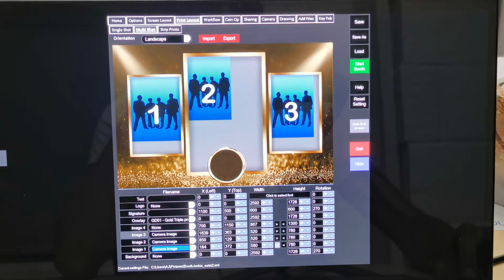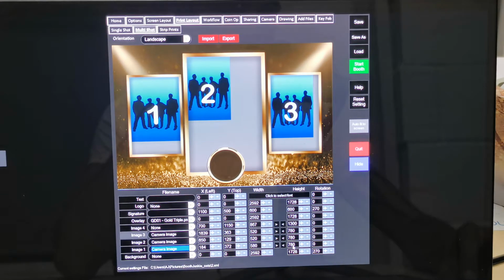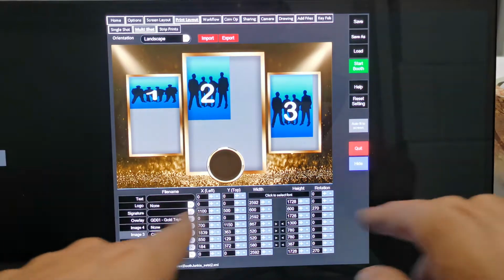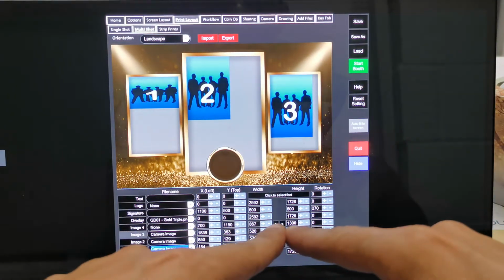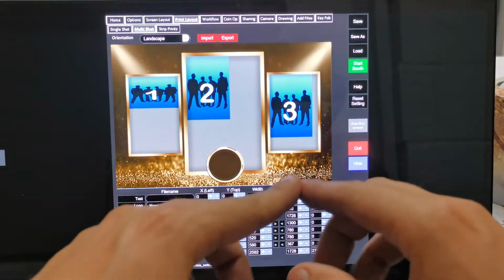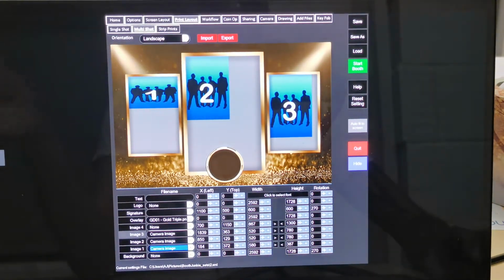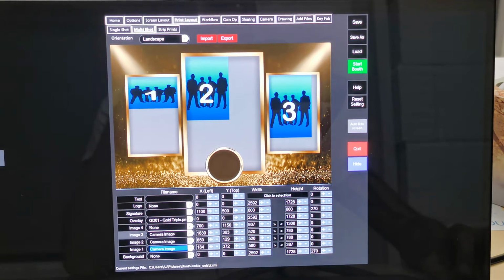That is going to calculate the correct height from the width. So I've already given it the width of 580. By clicking this button, the 780, which is currently set for the height, should be calculated and changed. There we go. Now the reason it's doing this one is traditionally with a booth you would have a landscape camera or landscape screen. With a mirror you'd have a portrait screen, and therefore the camera would usually be in portrait. Not always. So it has worked out the correct ratio to a point, but in this case it wouldn't